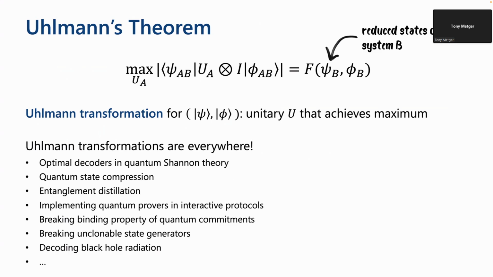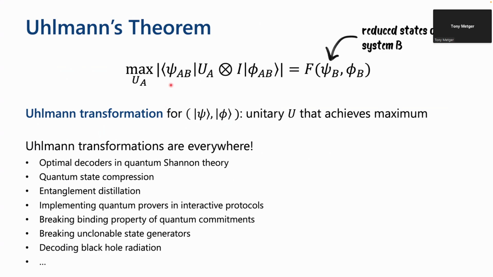And if we understand the complexity of this Uhlmann transformation, then that allows us to immediately say things about the complexity of these other problems, because we now have a useful notion of reduction, right? We can say this reduces to the Uhlmann transformation problem, and therefore blah, blah, blah. Okay, now what is this Uhlmann transformation problem? Well,